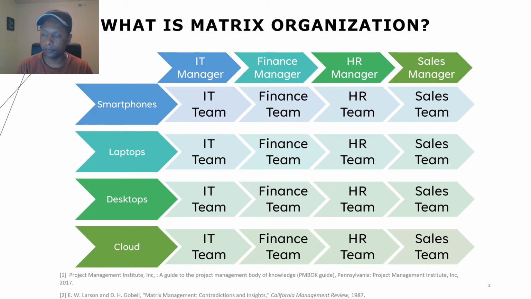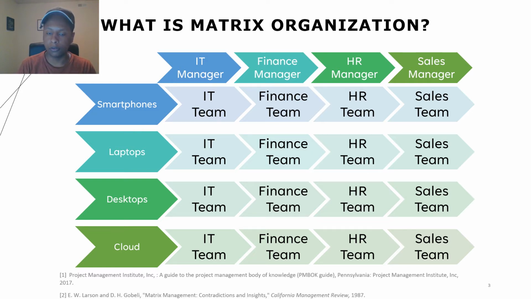Okay, here you have a fictional company. It's a tech company that produces smartphones, laptops, desktops, and cloud services. On the left side, you have the project teams, and each of those teams will have a manager: the smartphone manager, laptop manager, so a manager for each project. And then on top, you have the functional managers. So you have the IT function, the finance function, HR, sales, or anything else you need in your